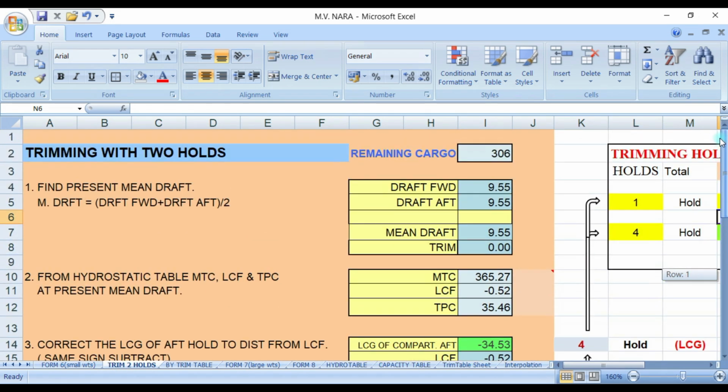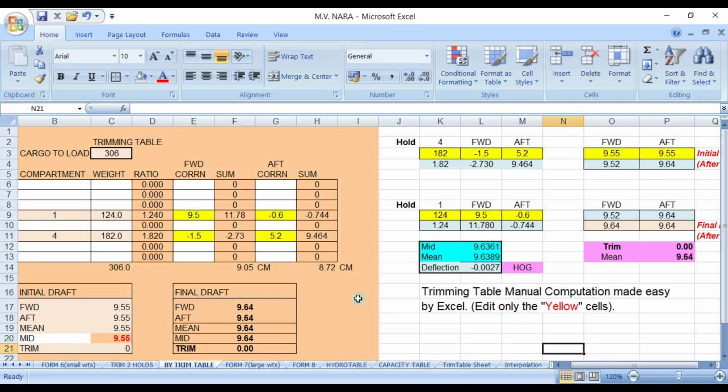You will also get the same results, your drop results, and lastly the trim table. What's easy with this program is you just put input figures in this yellow cell and you get the results.